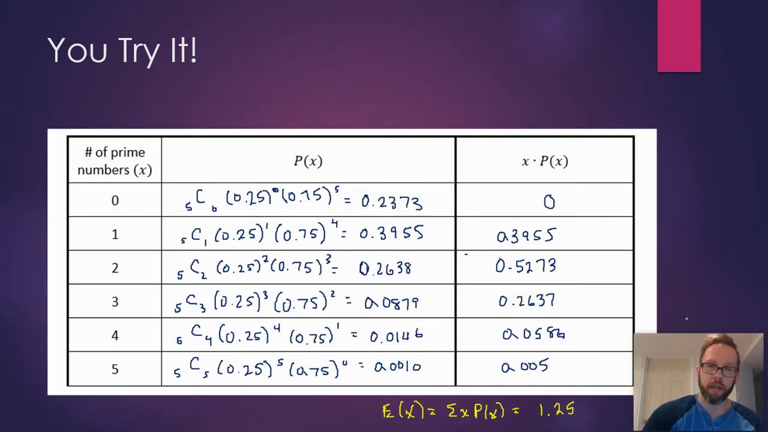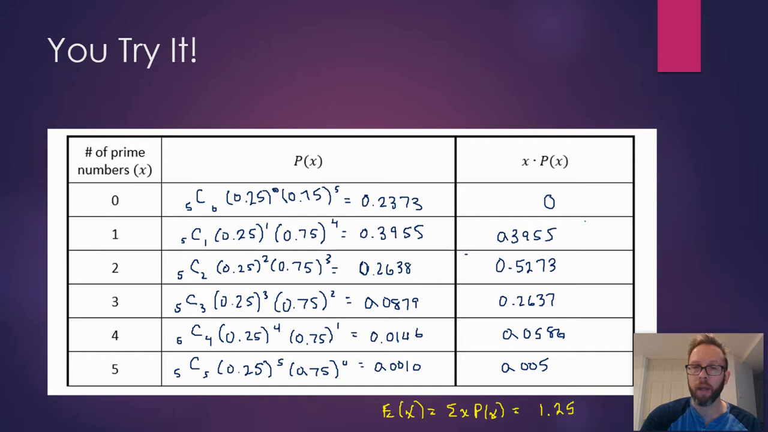You can see the highest probability was to get only 1 prime number, which makes sense if only 1/4 of numbers are prime. If you're drawing 5 random numbers, you only expect 1 or 2 to be prime. So I got the highest number around 1, 0.3955. And you can double check these values add up to 1. Because we had to do some rounding here, it may not be exactly 1, but it should be